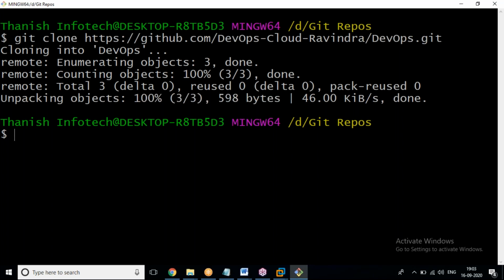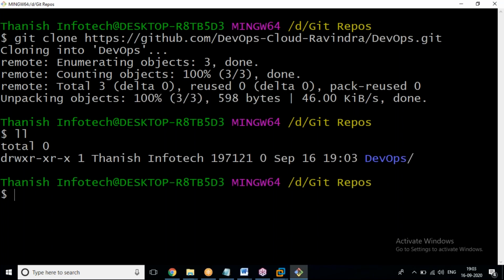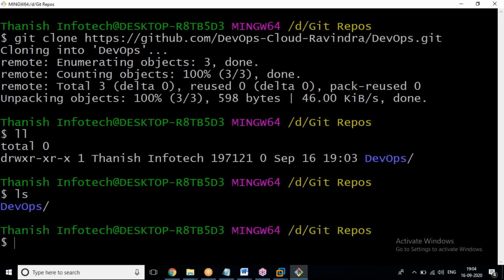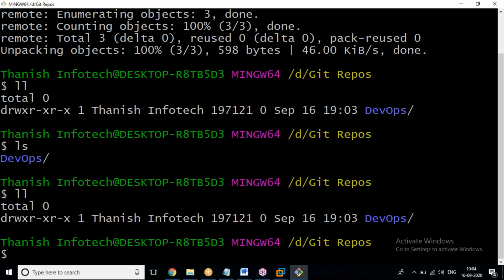Now ll is a Linux command. ll means long list, and ls means list. We'll discuss pure Linux later, as we are going to take Linux classes. Don't worry about this for now, but try to understand. We'll discuss the difference between ls and ll, and some other listing commands, later on.